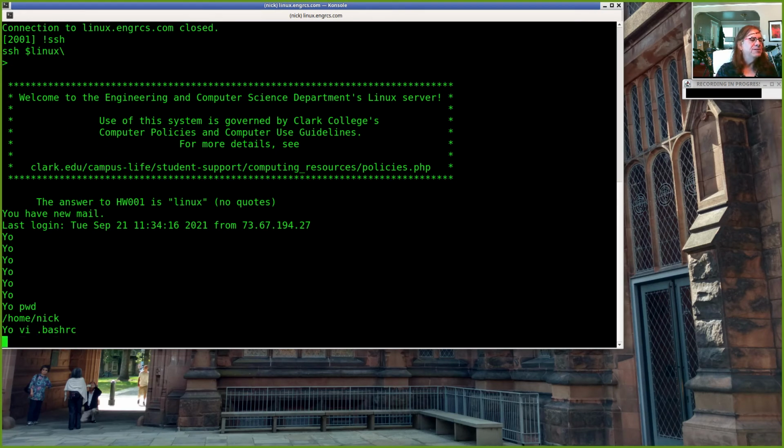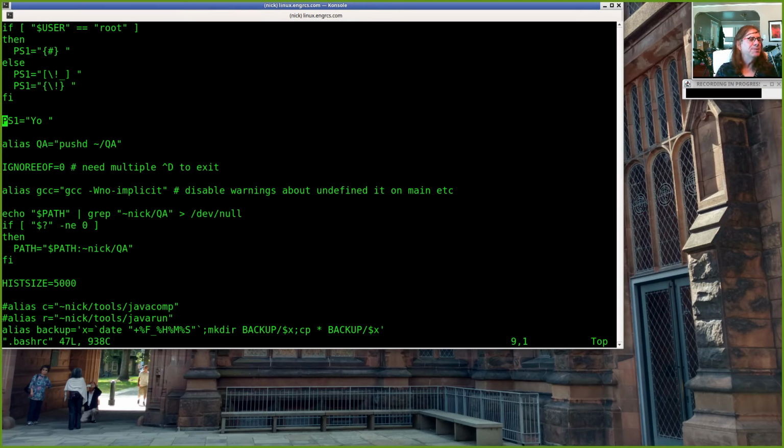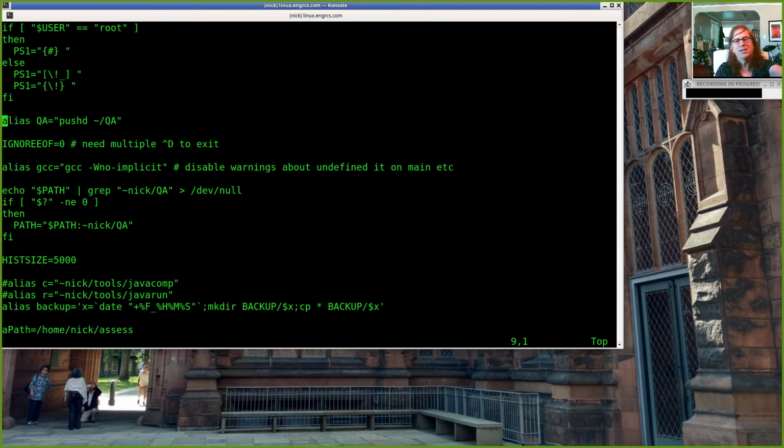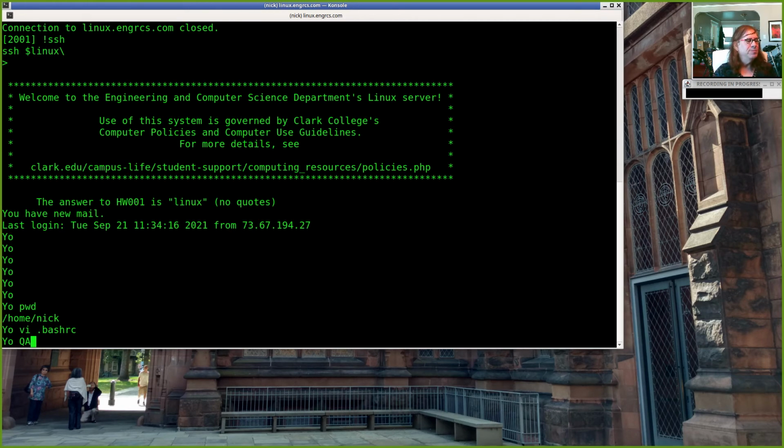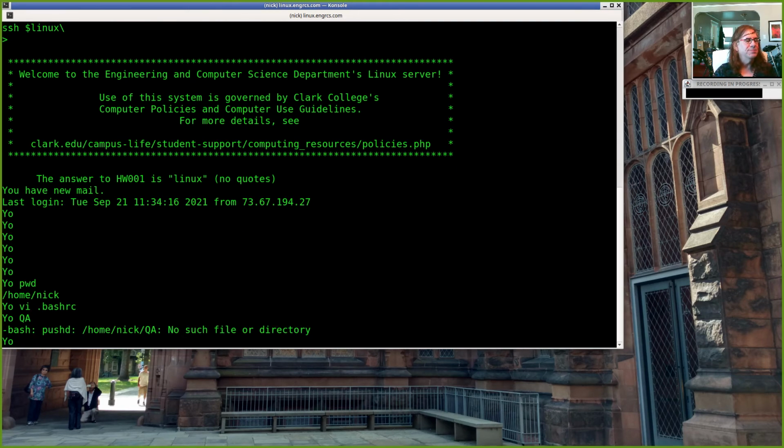So you can take the things that we're going to learn about customizing Unix, and you can put them inside this .bashrc file and effectively make them permanent, right? So for example, QA is a shortcut for changing into my ~/QA directory. That's just something that I was doing a lot of. I wanted to go into this directory, and so if I just type the letters QA, it'll change me into that directory. Except I don't have that directory on here anymore.